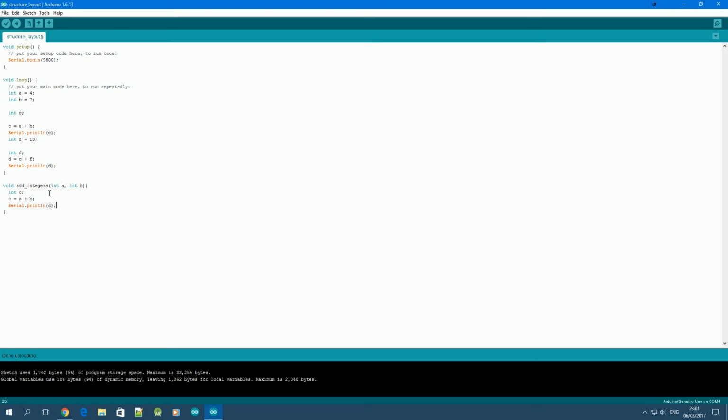So think of it like this. This function is called addIntegers. It takes in an integer a as a parameter and it takes in an integer b as another parameter. Inside the function itself, we are declaring an integer c, and we are then assigning the value of a plus b to the variable c. Finally, we are calling Serial.println(c), printing c to the serial monitor. So let's take all this out,